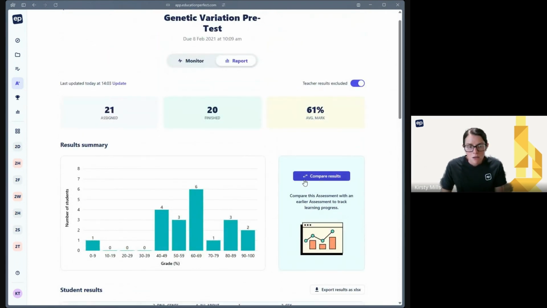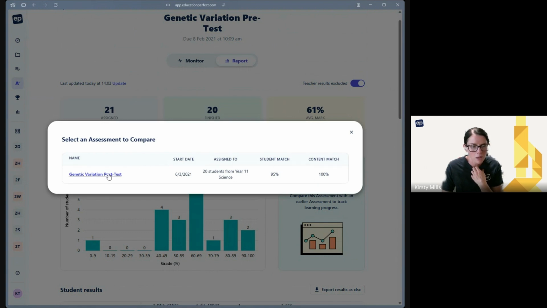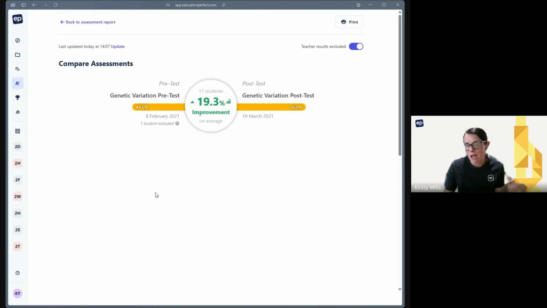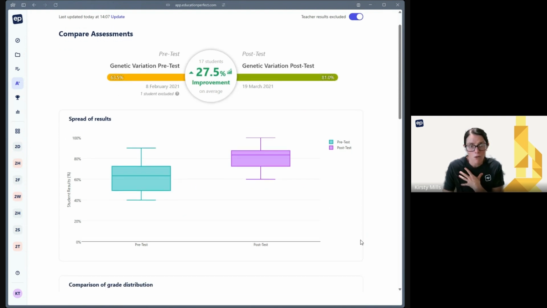And, you know, we mentioned we've got these different types of assessments, readiness, summative. I also mentioned being able to copy and do multiple assessments. So if you do end up with multiple, you can use compare results to look at one as a pre-test or a readiness, and put it side by side with a midpoint formative or a summative at the end, and really track the growth of the class,